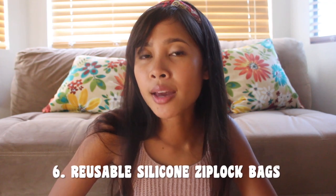The next thing I recommend is reusable Ziploc bags. The thing about Ziploc bags is you can rewash them, or you can wash regular Ziploc bags and use them, but I don't think it's gonna keep it as fresh as it originally did. You can use them again for holding snacks, or again for holding your onion. But if you really want something that'll last a really long time that works just as well as a Ziploc bag, I have